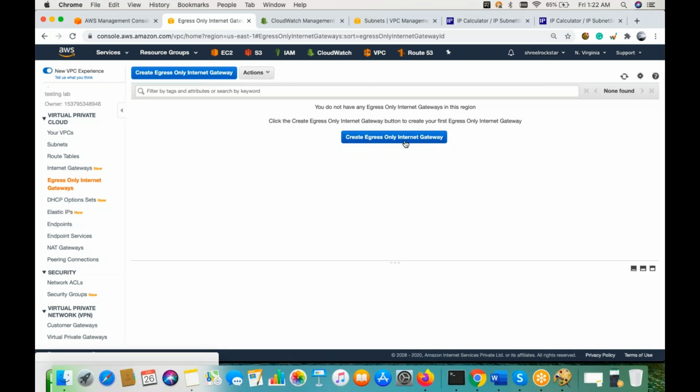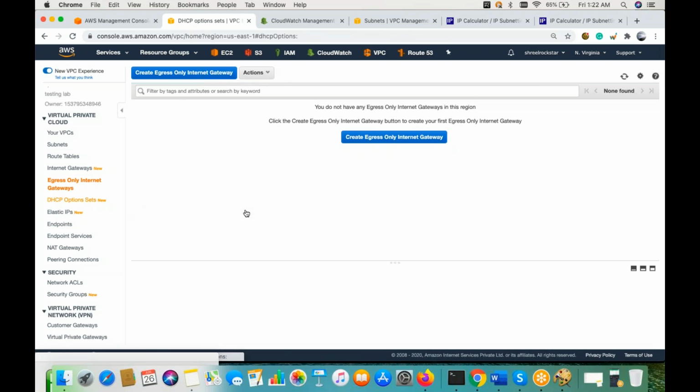But again, guys, this is chargeable. If you're creating another internet gateway or egress gateway, that will give you extra cost. But this option is available. Just keep in mind, while creating the network diagram, or while explaining to the network guy or interviewer, you can give all these options, like these are available, so that we can have the benefit of it.